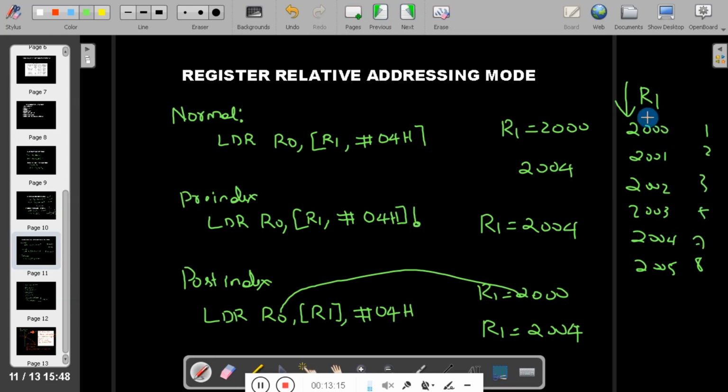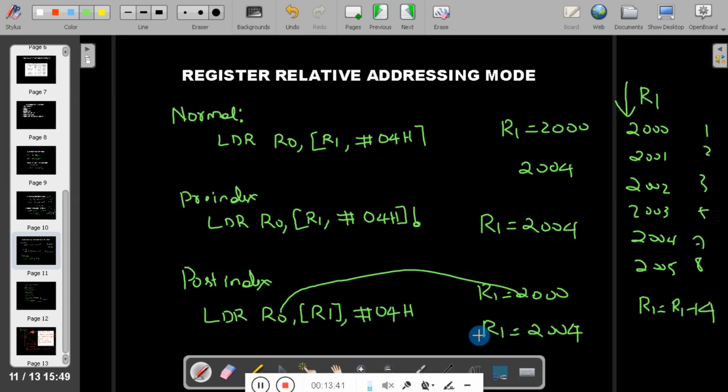When you access 2000, the next location you are going to access is 2004, because ARM instructions are 32-bit. For that you would write R1 is equal to R1 plus 4. But here the instruction is created in such a way that it will transfer the content from 2000 and automatically get incremented to 2004.